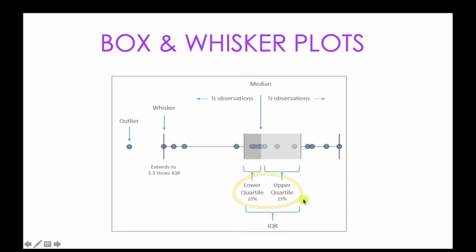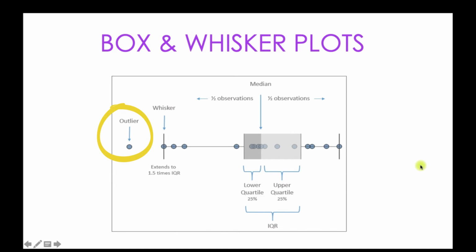Lower quartile and upper quartile, which each contain a quarter of the values. So basically the span of this box makes up what is known as the interquartile range or IQR. From here to here, this is the interquartile range, or IQR. And the whisker will always extend to 1.5 times the IQR. So this is the IQR, and this distance will always be 1.5 times the IQR. And any marks beyond this whisker are treated as outliers, right?